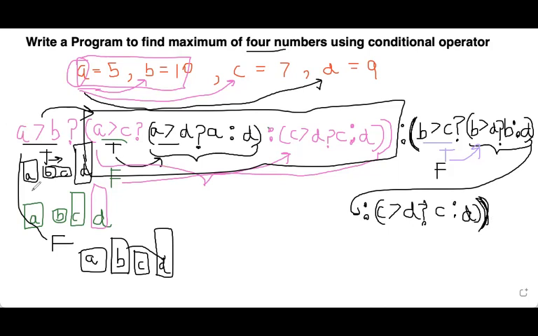So if you are adding a bracket at this point, then you need to add one more bracket in the last. So this is a very simple and easy logic to find the maximum of 4 numbers. And this is one of the 3 methods. There are 3 methods to calculate the maximum of 4. This is one of those methods. I hope it is now clear, right?